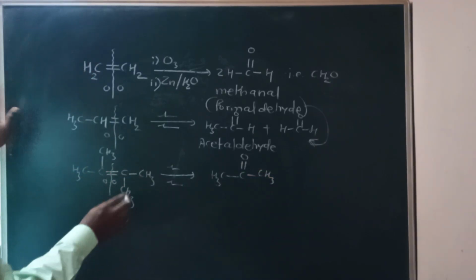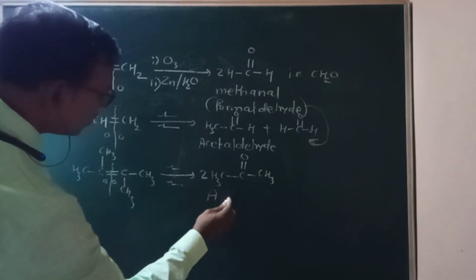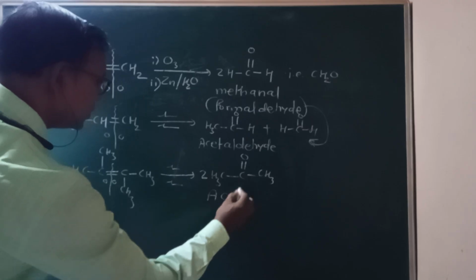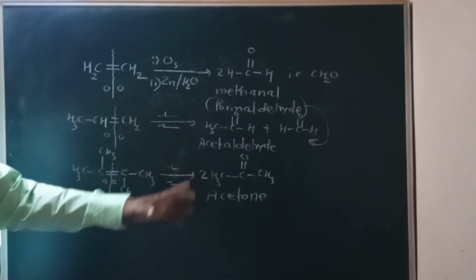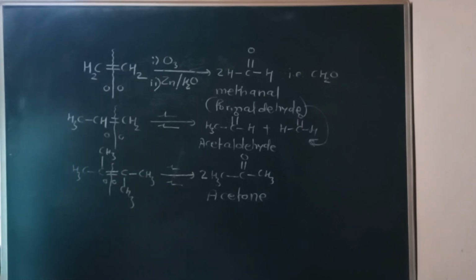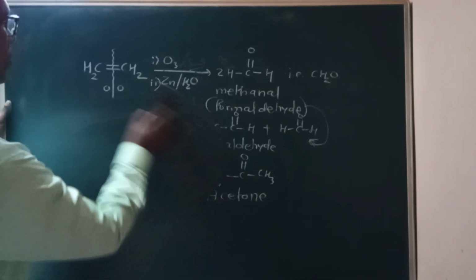As the alkene is symmetrical, we'll get two molecules of the same carbonyl compound. Now this compound is known as what? Yes, it is called acetone, dimethyl ketone. That is propanone, the IUPAC name. Got it? Let's have a couple more examples